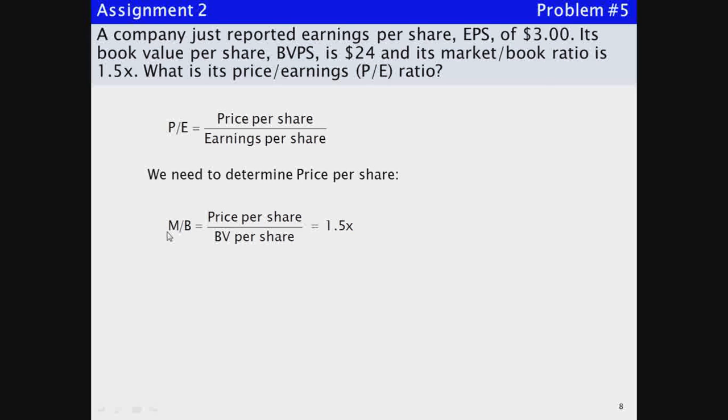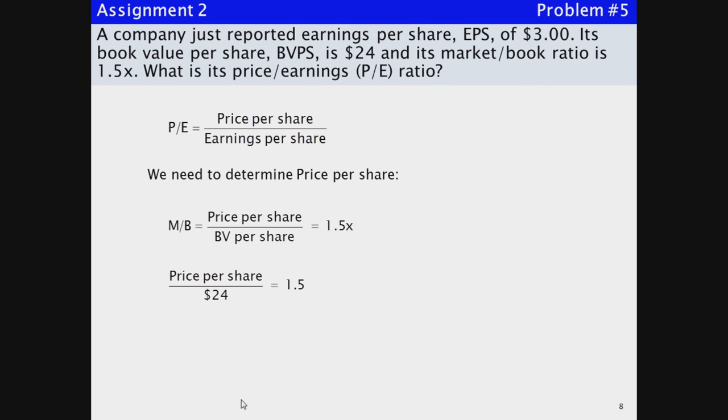But when you're given information like that and you don't have all you need to calculate the ratio you want, write out the ratio that you're given and see, if, like in this case, we're given 1.5, see if we know one of these and don't know the other, because that way we could calculate the other and see if that would then be useful. And that's going to be the case here.